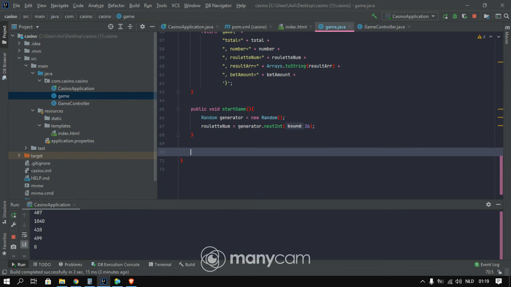Okay, those numbers are even numbers. And we are making a boolean method here. I'll name it odd or even, and this method accepts an integer, a number,